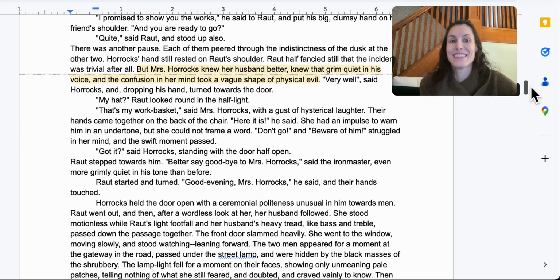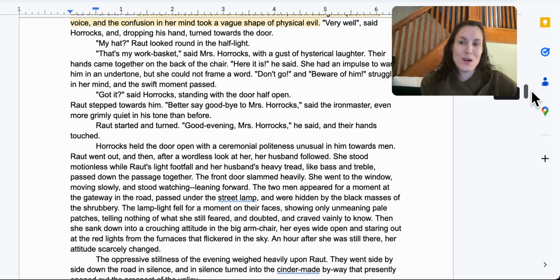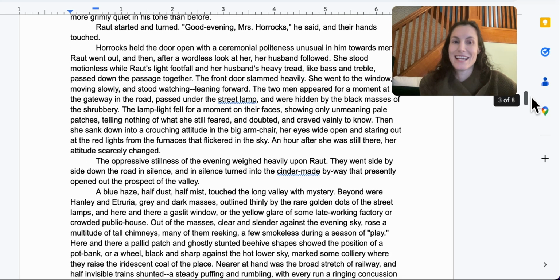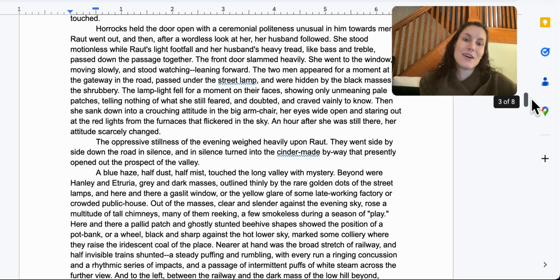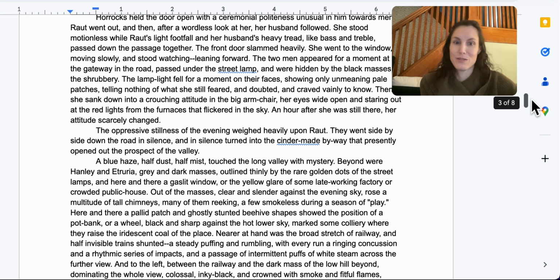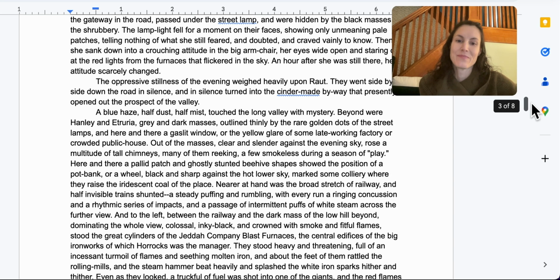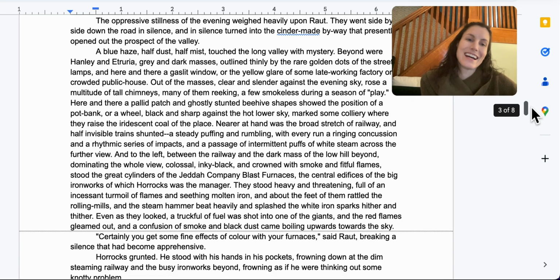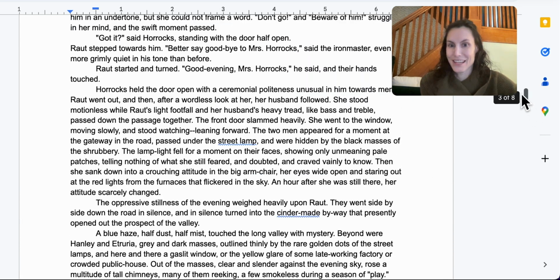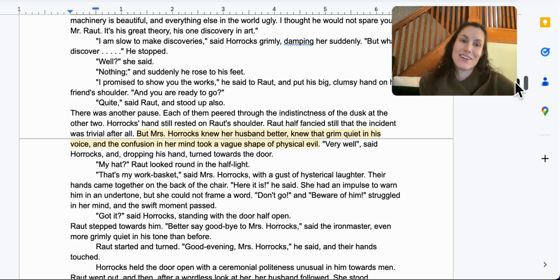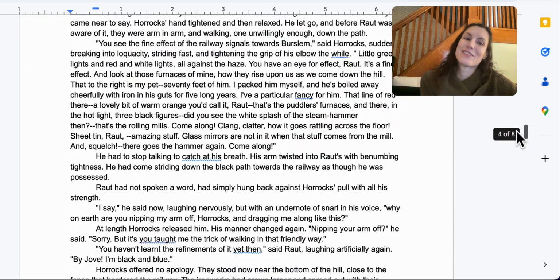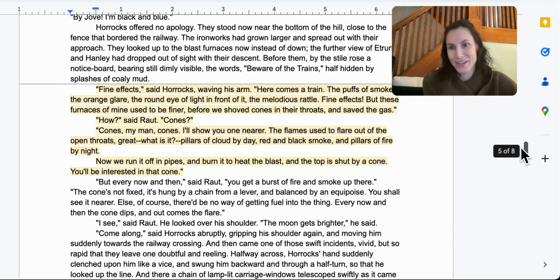So basically Mr. Rout wanted Horrocks to show him the beauties of the steel industry, the iron industry, by taking him at nighttime to show him how these cinders were going to look, all melted with the hot, whatever they're melting here. So that's why Horrocks was taking Mr. Rout there. So we now know that they're having an affair. Mr. Rout doesn't think that Horrocks is dangerous, and Mr. Rout does not think that Horrocks knows. So that certainly builds our story's suspense, also irony here.